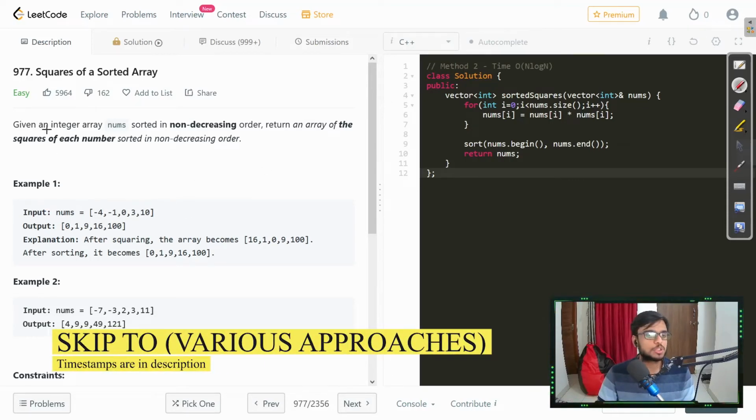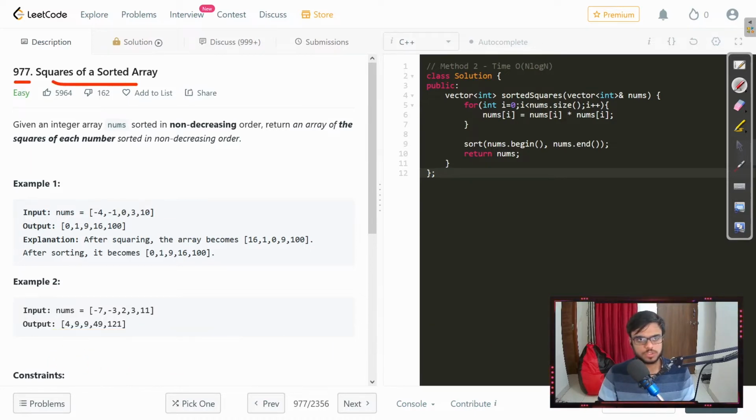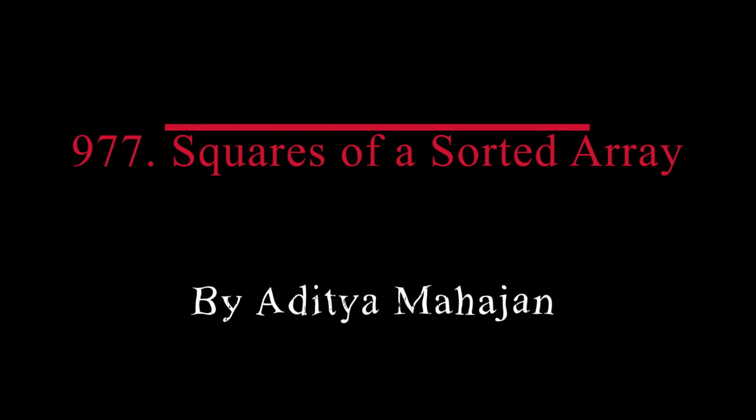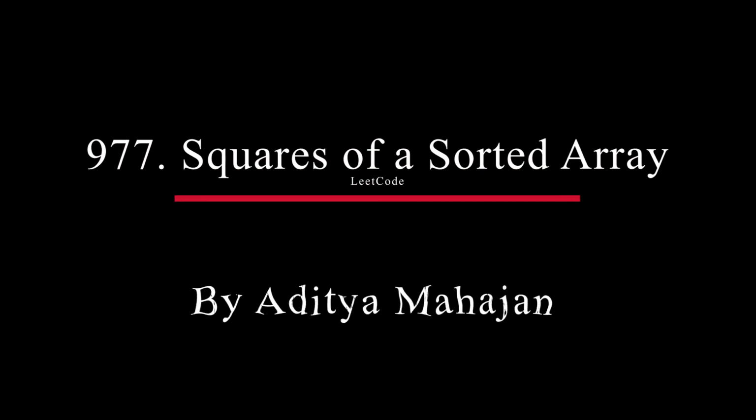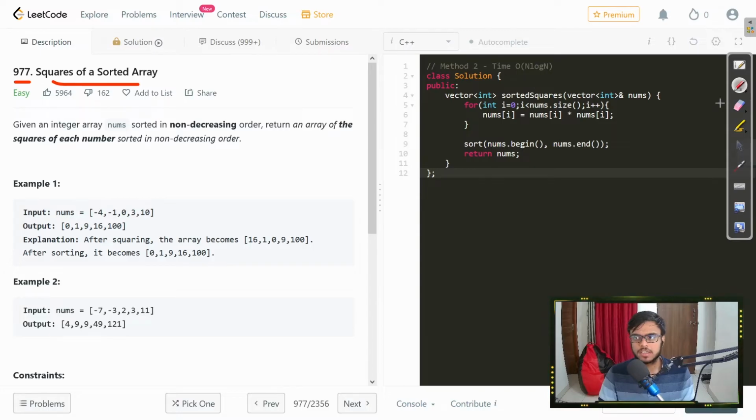In today's video, we'll be solving yet another easy LeetCode problem, number 977, also called Squares of a Sorted Array. Now, the problem states that we are given an integer array nums which is sorted in non-decreasing order, which means that the elements would not always be increasing, but they could be the same or repeated numbers. Also, we need to return an array of the squares of each of the numbers sorted in the same fashion,